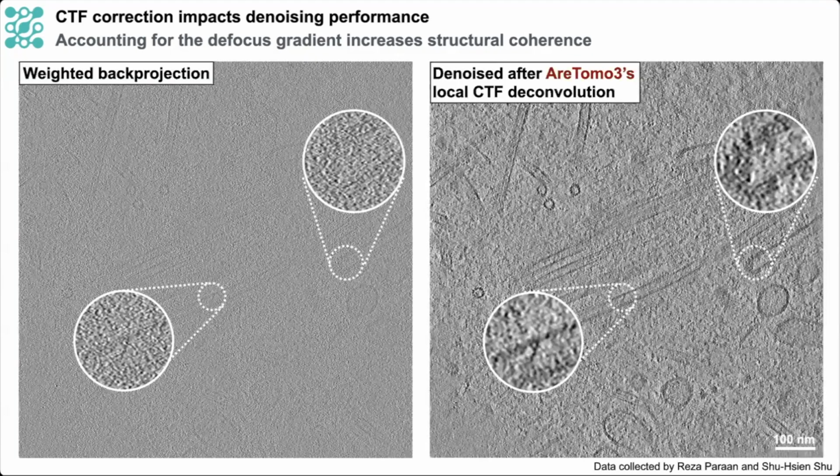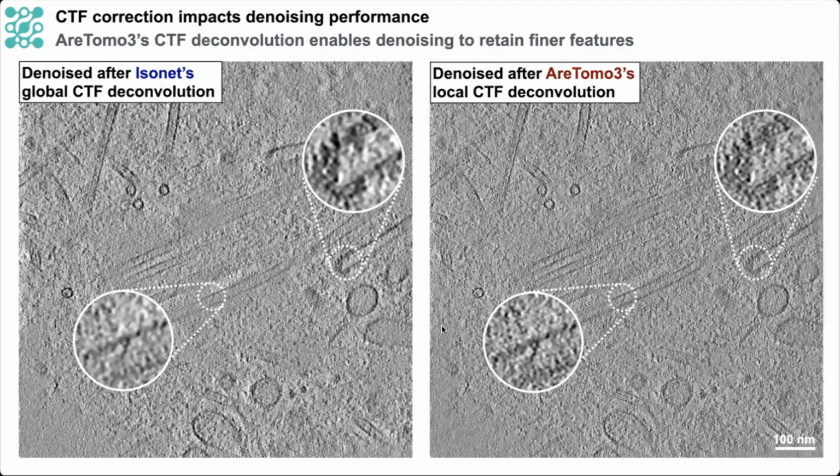One of the data sets that we used to compare these two strategies was the lamella of human cilia, which is shown on this slide here. As you can see, without any denoising, it's pretty much impossible to discern these proteins that are embedded in the membrane and arrayed along these filaments. When we compared these two preprocessing strategies, we found that the more rigorous CTF correction implemented in our TOMA 3 enabled subsequent denoising to retain more intermediate resolution features. And that's particularly evident in these inset regions here, where the proteins in the membrane and along these filaments are better resolved in the R-TOMA 3 case.